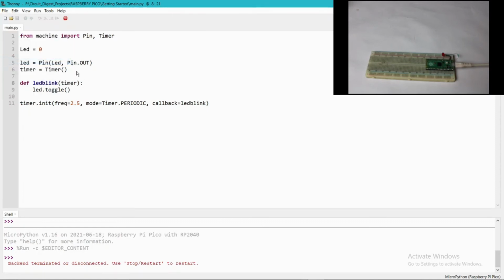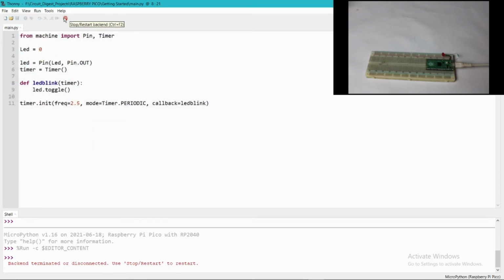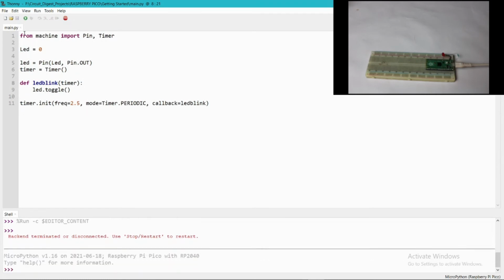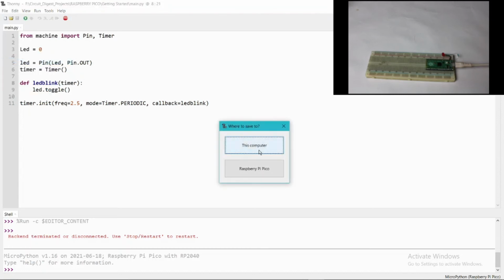Whenever you save the program, you will get two options, one for the laptop and one for the Raspberry Pi Pico. So let me show you. Yeah, here you will see this computer and Raspberry Pi Pico. If you want to add some libraries to your Python code, then you definitely need to save that program on your Raspberry Pi Pico.